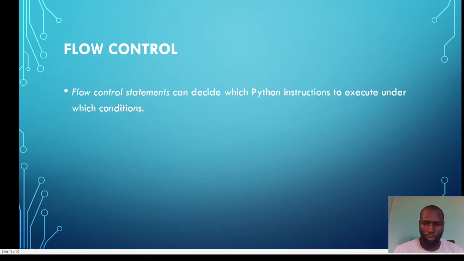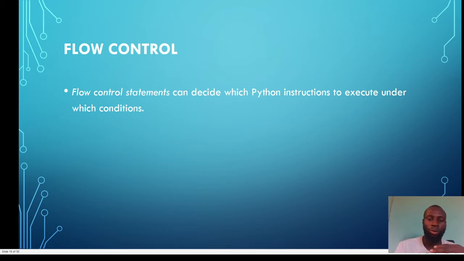So flow control. Like we explained yesterday, flow control. So the basics of individual instructions, and that a program is just a series of instructions. But the real strength of programming isn't just running or executing one instruction after another, like we did in the example that we just finished now. We run one, we run the next one, followed by the next one till we finish running